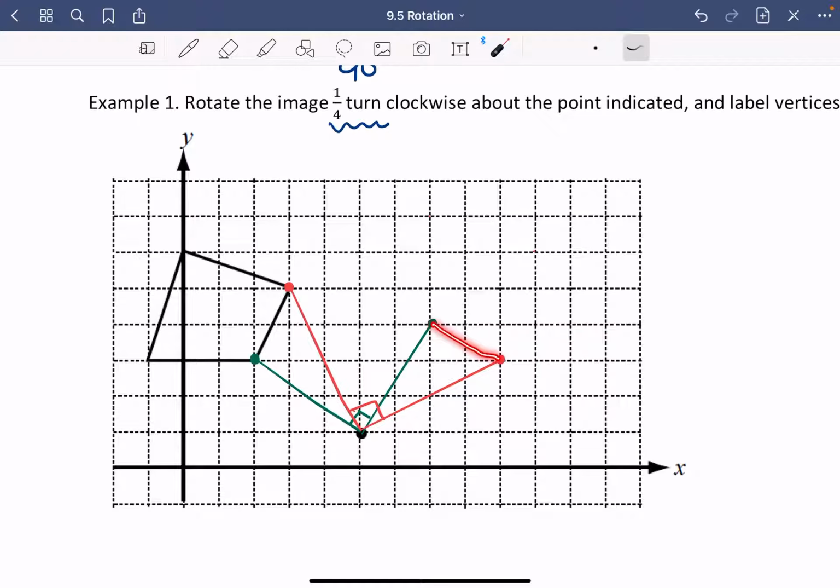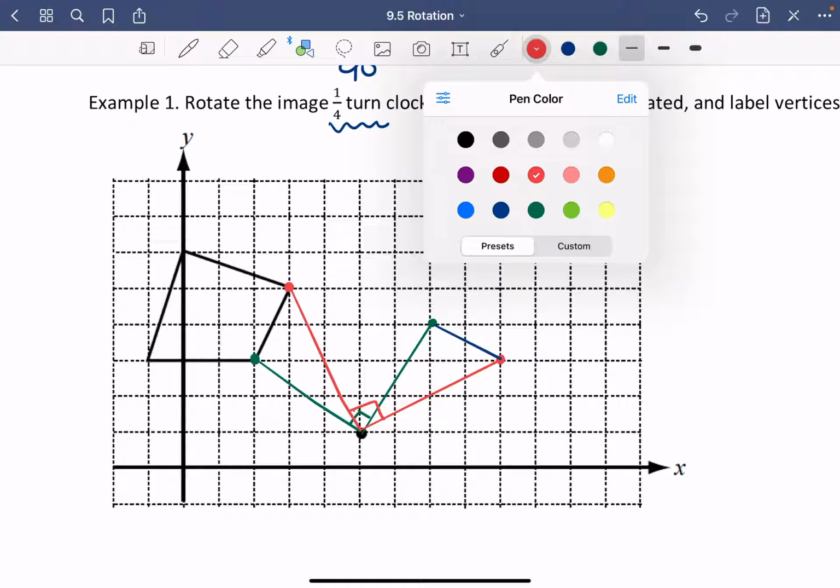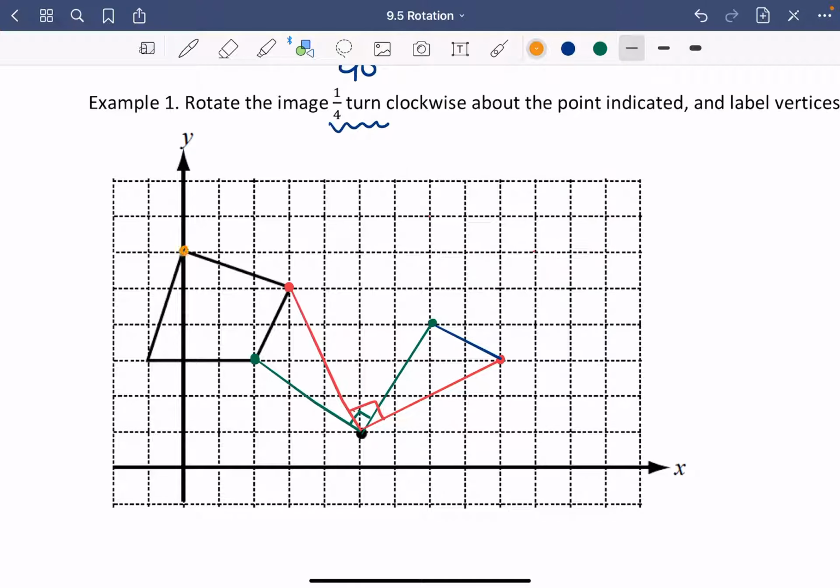So it will be here. So you connect them. And then change your color. And then this orange